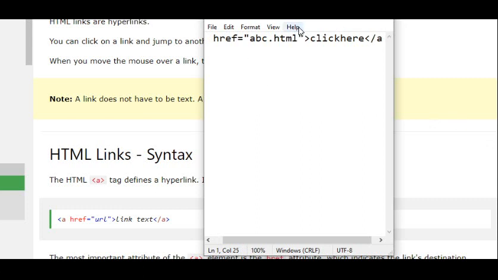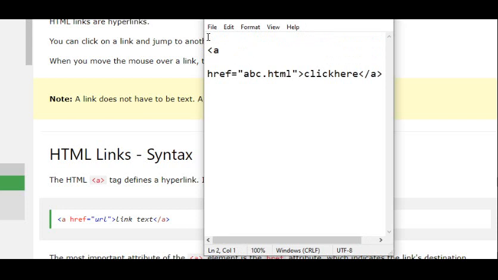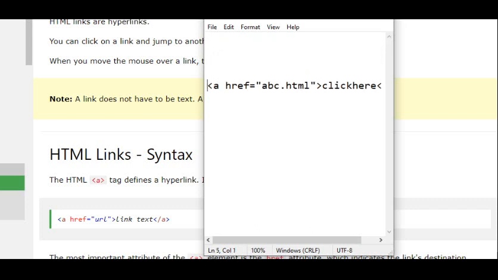All these things we have to write in the body section.